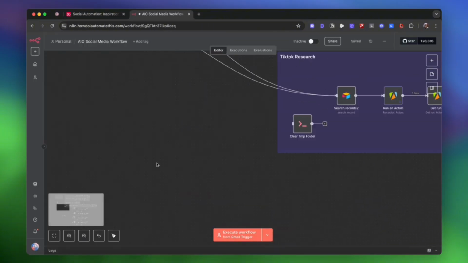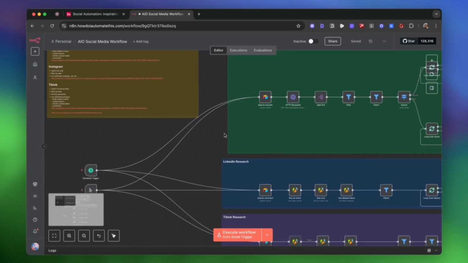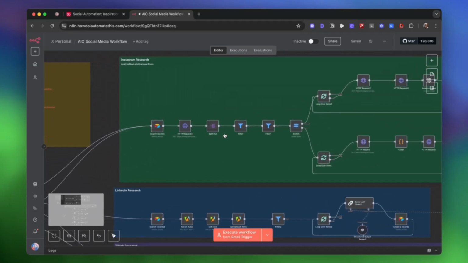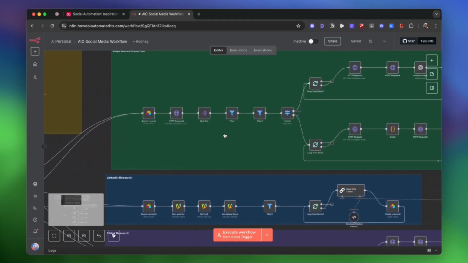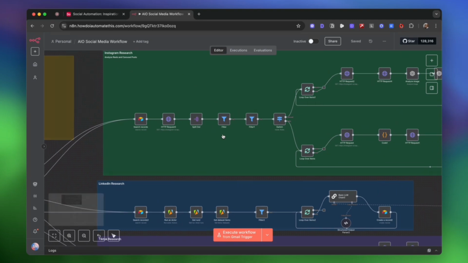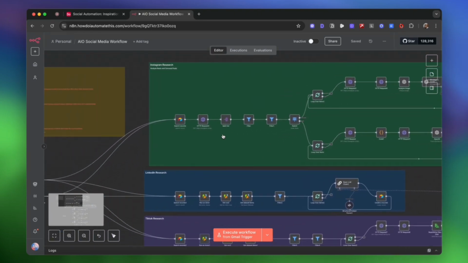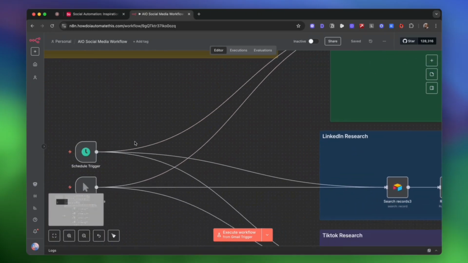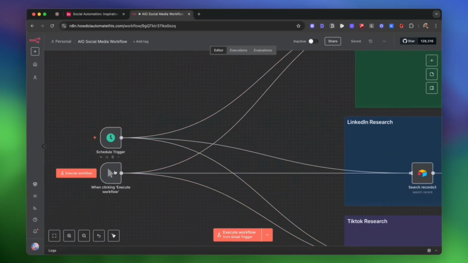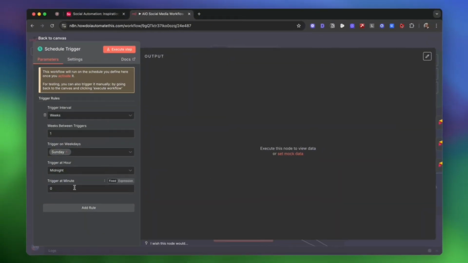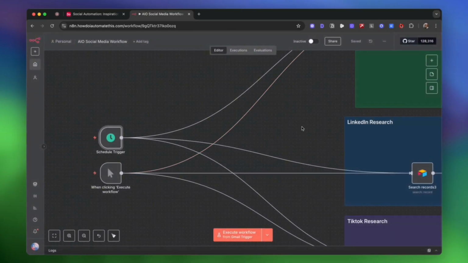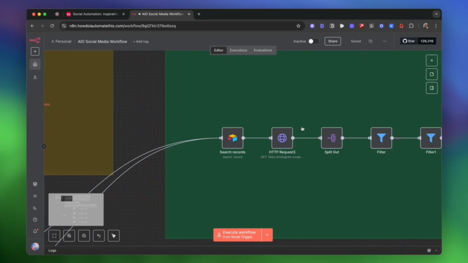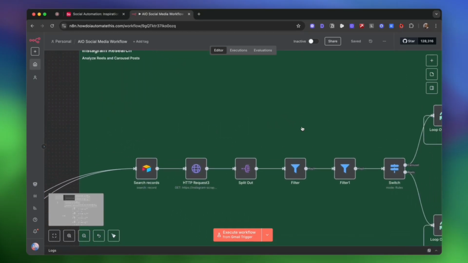So here is the workflow. The first half is Instagram, LinkedIn, and TikTok research. Now let me talk you through how the research works. I have this set up to run on a schedule, but I've also got it set up to run on a manual trigger, in case we want to test it. The schedule trigger is set to run once every week, on Sunday at midnight. So when I wake up on Monday morning,